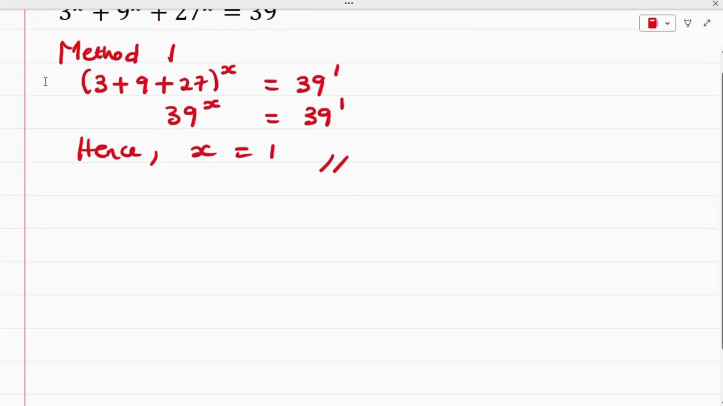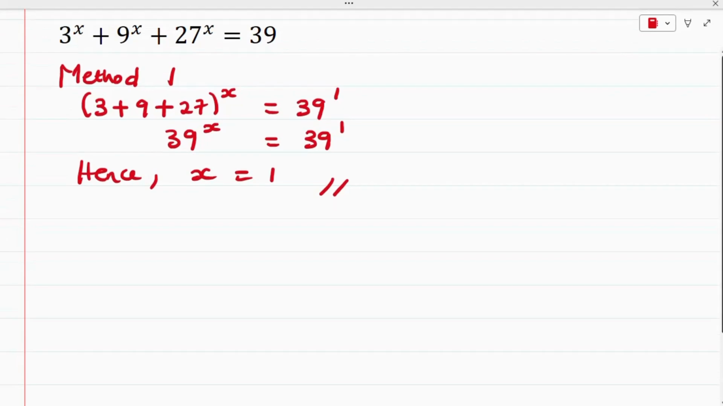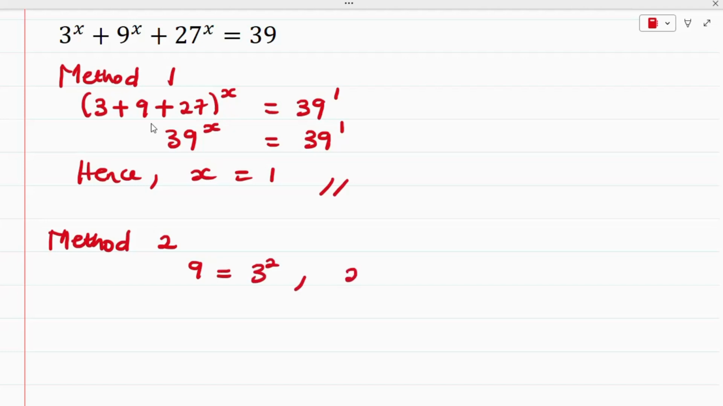But for method 2, we are going to apply a different approach altogether. For method 2, we have this question. All we have to do is simply express 9 and 27 in terms of 3. If we express 9 in terms of 3, we have 3 squared, and if we express 27 in terms of 3, we have 3 raised to the power of 3. So from here we have 3 raised to the power of x plus (3 squared) raised to the power of x plus (3 raised to the power of 3) all raised to the power of x